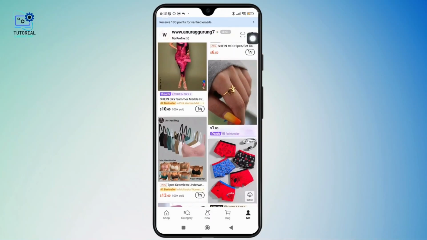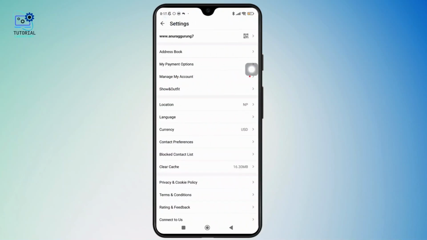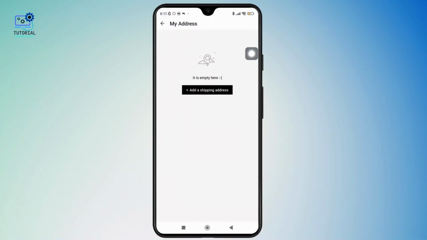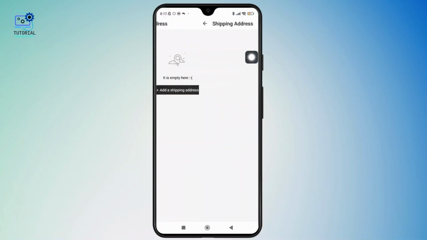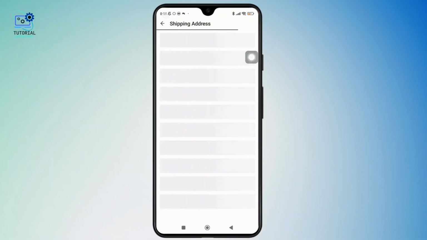From here, you simply need to tap on the gear icon shown in the top right corner of the screen. And once you are in the settings section, simply tap on the option labeled address book. Now here, simply tap on add a shipping address and you will see a form with several fields where you